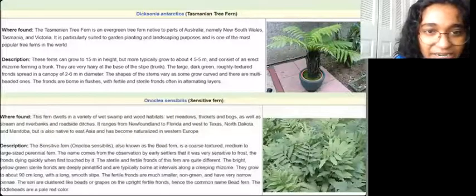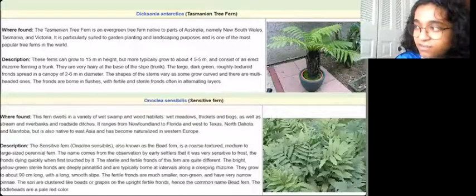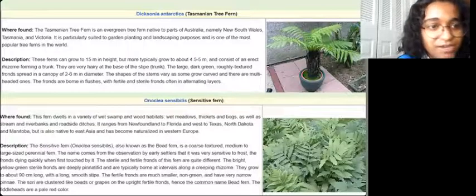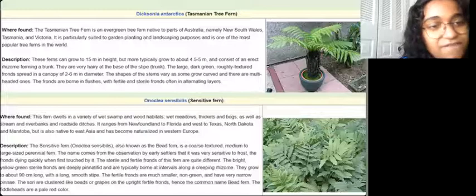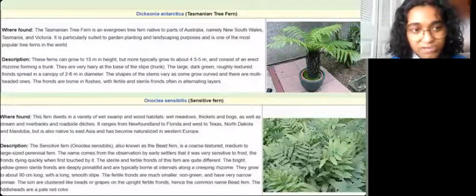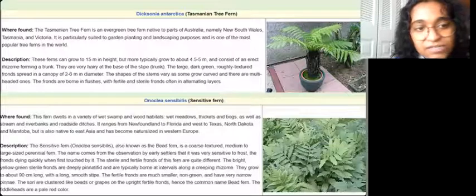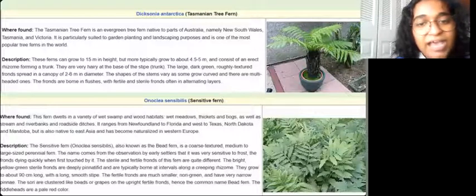The Tasmanian tree fern. I'm wondering if mine is a fern too now. The Tasmanian tree fern is an evergreen fern native to parts of Australia, namely New South Wales, Tasmania and Victoria. It is particularly suited to garden planting and landscaping purposes and is one of the most popular